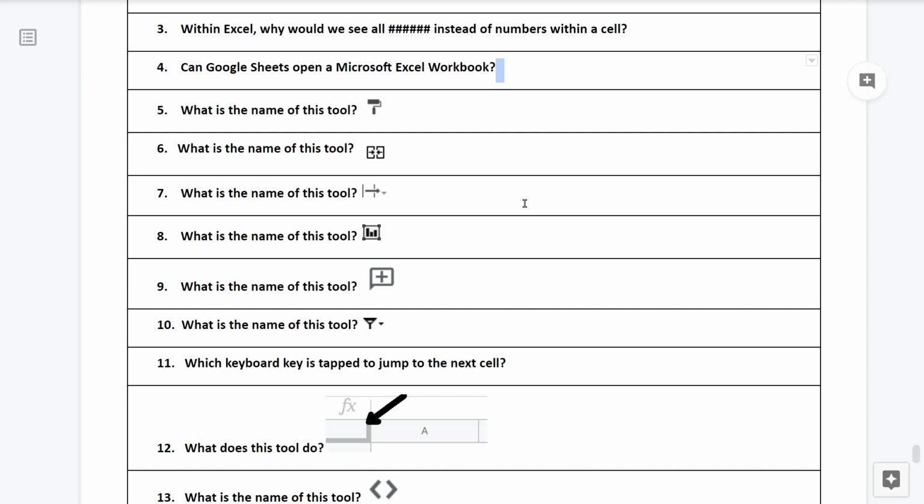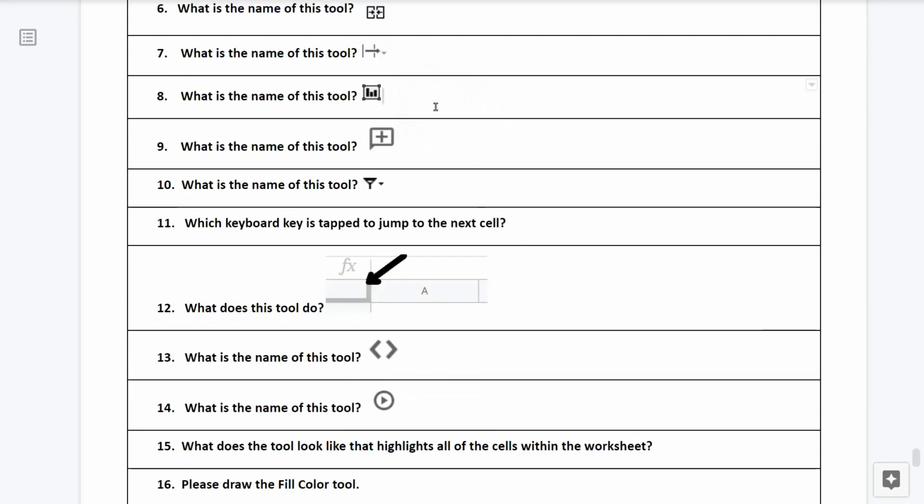What is the name of this tool? Question number 8. What is the name of this tool? Question number 9. What is the name of this tool? Question number 10. What is the name of this tool?